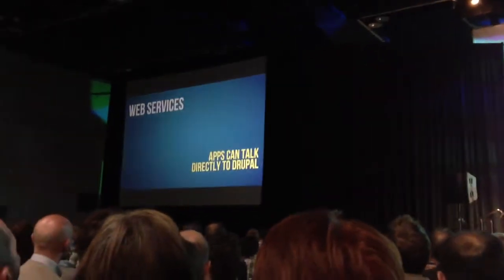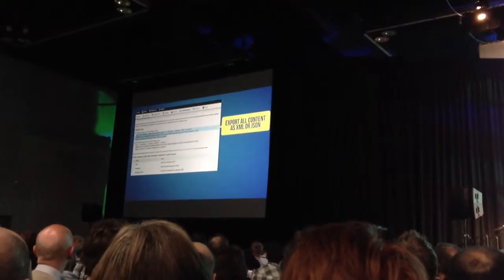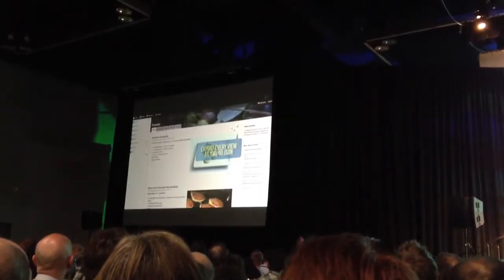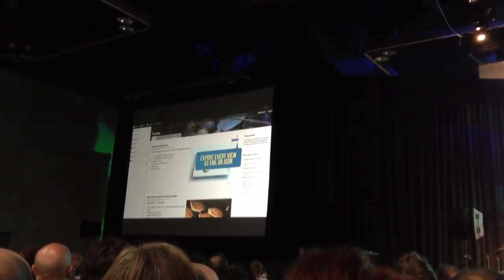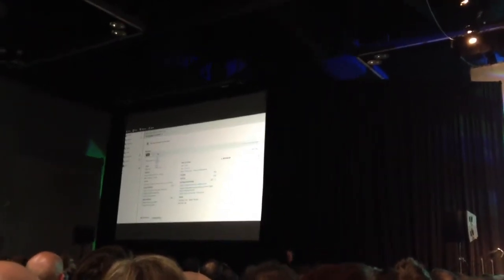Web services. A lot of work on web services. You can now export every entity as JSON or XML very easily. And then we've added web services support to views. You can now export every view by adding I think it's called the REST display, and every view will be